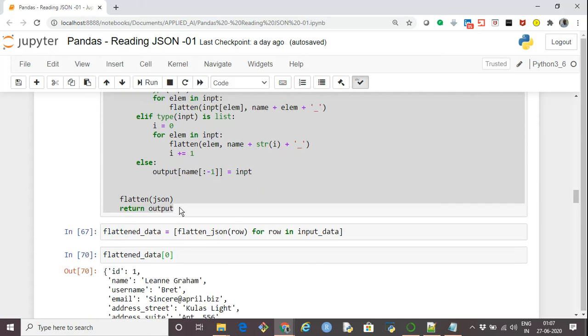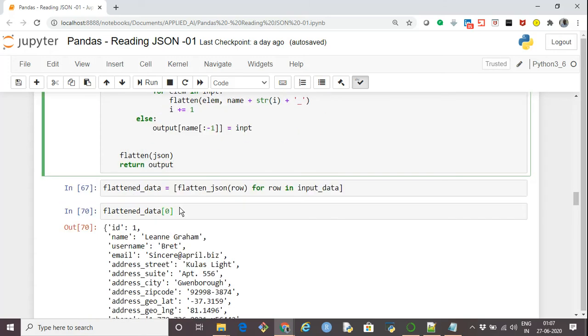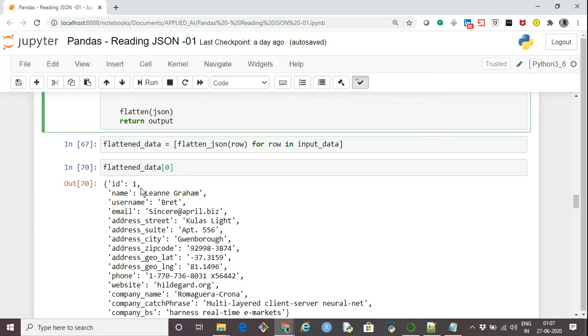Now we have to run this function for each record, and in the output we will get a list of flattened JSONs. So I'm using the list comprehension method: for each row in input_data, call flatten_JSON passing that row, and what we get is flatten_data. Now let me look at the flattened data.